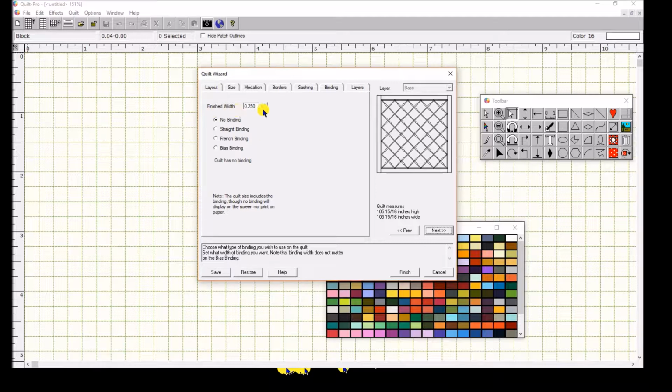So if you're finished width, you want it to be 1/4 inch, you can leave it set at that. I like to set mine to 1/2 inch, because then it does 1/4 inch on each side when I set my binding. And you've got different options here. No binding, a straight binding, and it tells you right here, I'm going to need 437 and 11/16 inches of